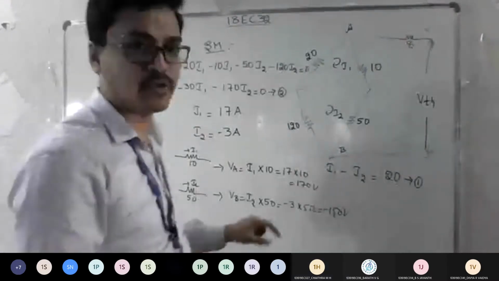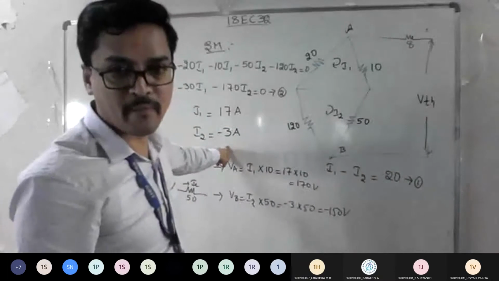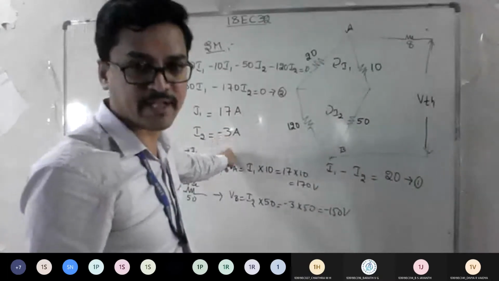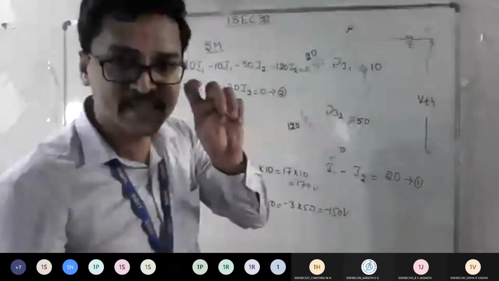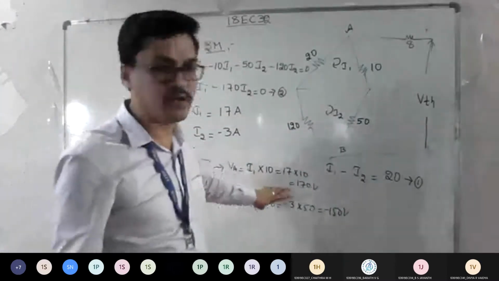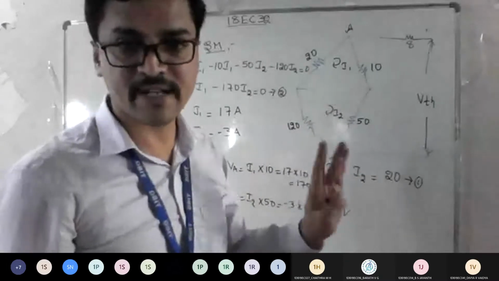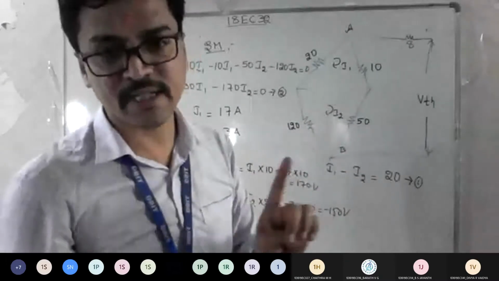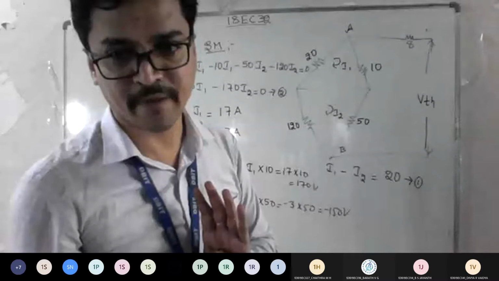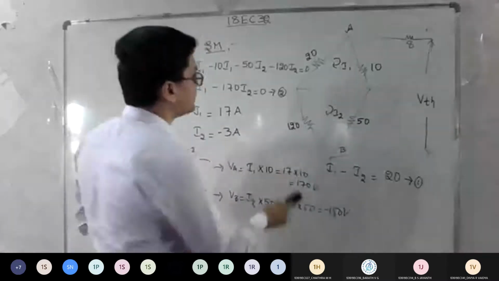See, I already told you, if you get a negative current, it means that the assumption we have made is reversed. It doesn't mean that the current is negative and the value of voltage is negative. So actually it is positive only. So it's 170 volt and 150 volt. What you should do, I just need to subtract VA minus VB. So it's 170 minus 150. So how much is it? What's the answer of VA now? I mean VTH?